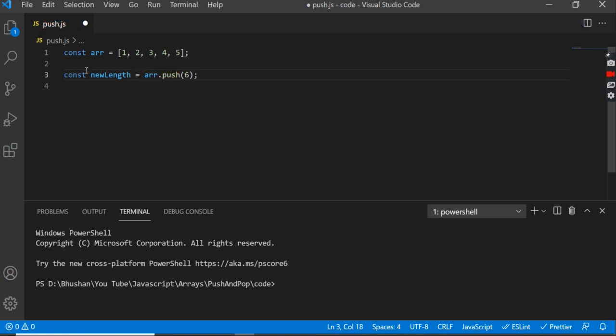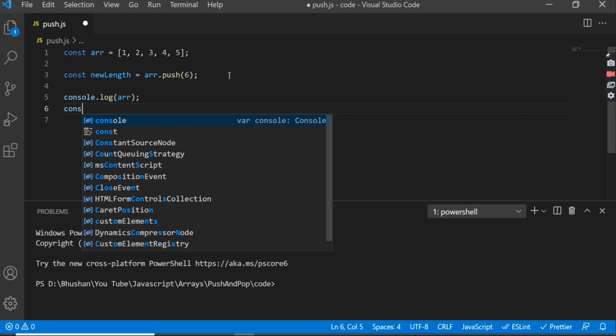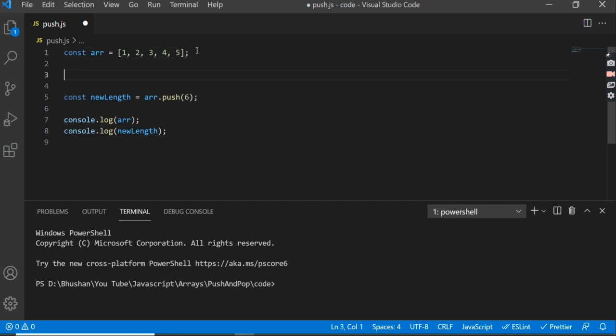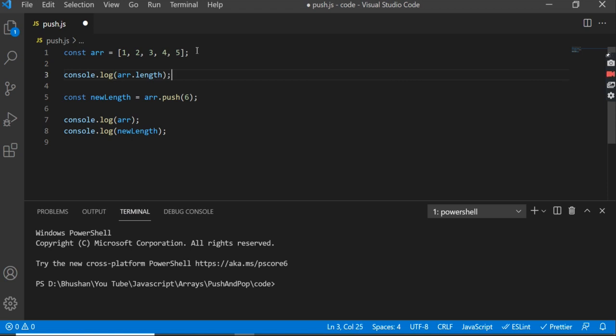Let's print this new length, console.log the array and then console.log new length. And before applying this push method, let me print the original length of array.length.